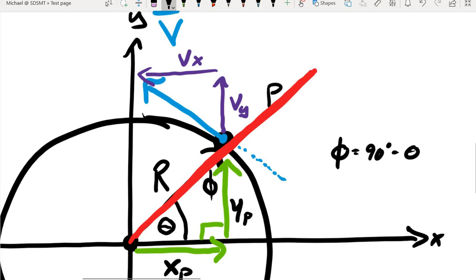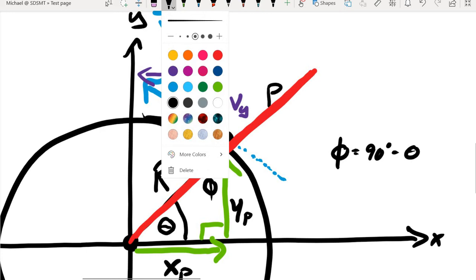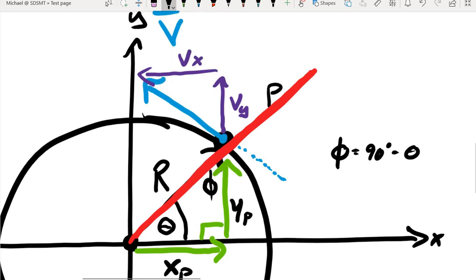But now if we go back to our days in geometry, if you'll remember, the angles of opposite vertices have to be the same. And so that angle that I'm getting,